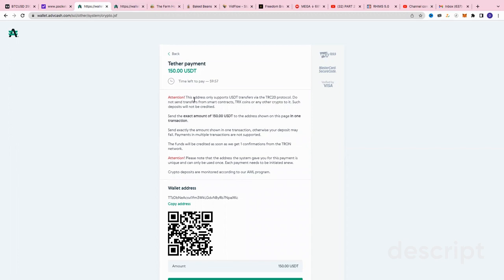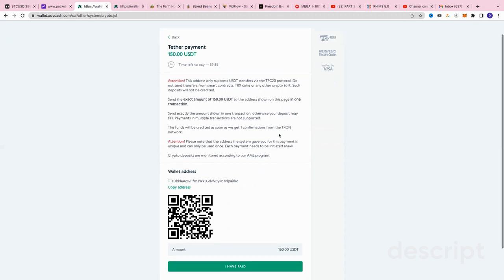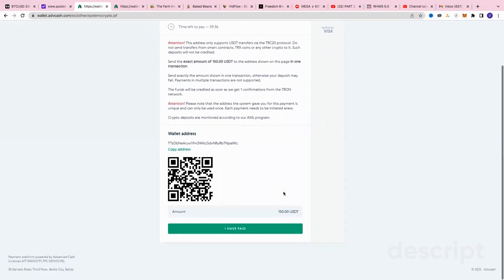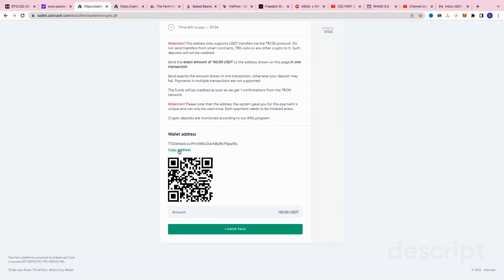Then it gives me information saying that this address only supports USDT transfers via TRC20 protocol. So you've got to be very much aware of this. Make sure that you're not transferring to the ERC20 protocol. Make sure what you're doing is using the TRC20. The TRC20 protocol is way cheaper than using the ERC20. So what I've got to do next is copy this address. Once it's copied, I'm going to paste this address